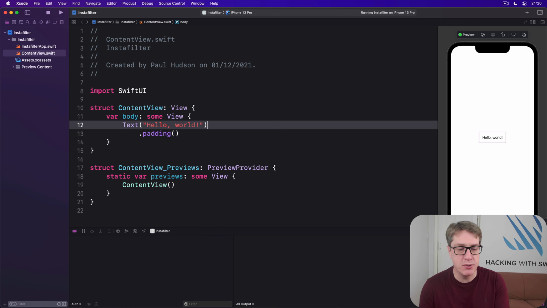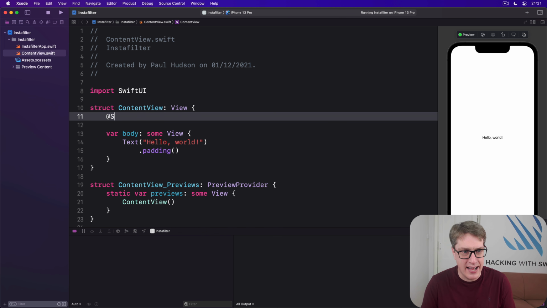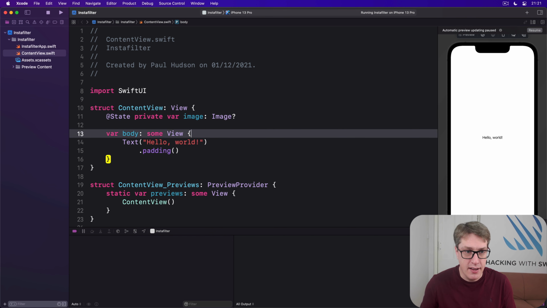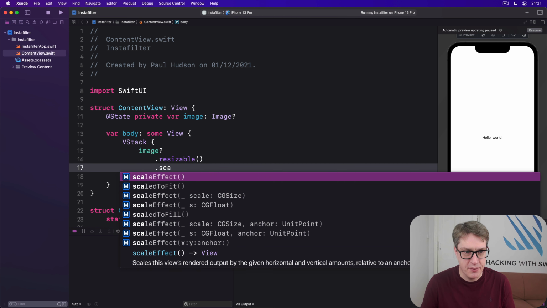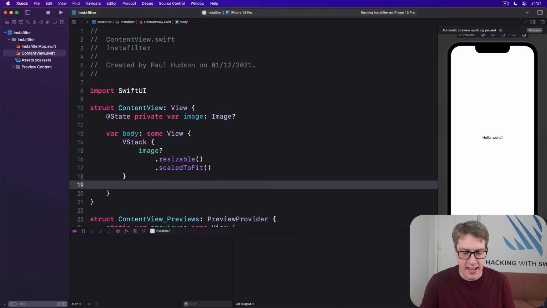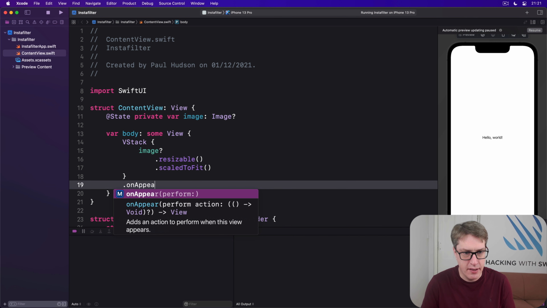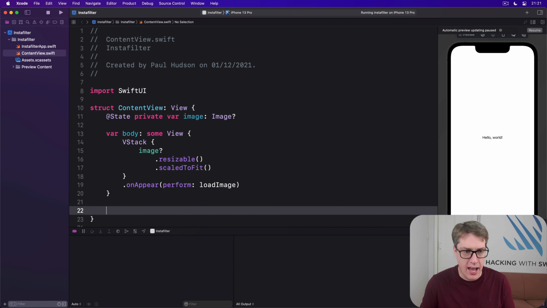Now first, we're going to write some code to give us a basic image. And I'm going to structure this in a very strange way, but it'll make sense once we bring in Core Image, because we're going to make our image optional, so we can change it later on, and you'll see as we go. Anyway, I'm going to say up here, we've got @State private var image, our optional image. That's the one we want to show. Then I'll say below that, there's a VStack with our image inside, and then a question mark there so I can apply resizable and scaledToFit. And then for the VStack, I'm going to call onAppear, performing loadImage, a new method down here